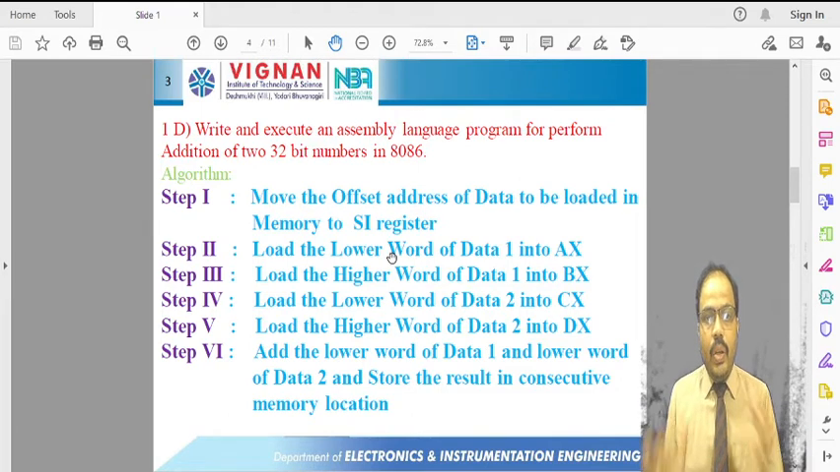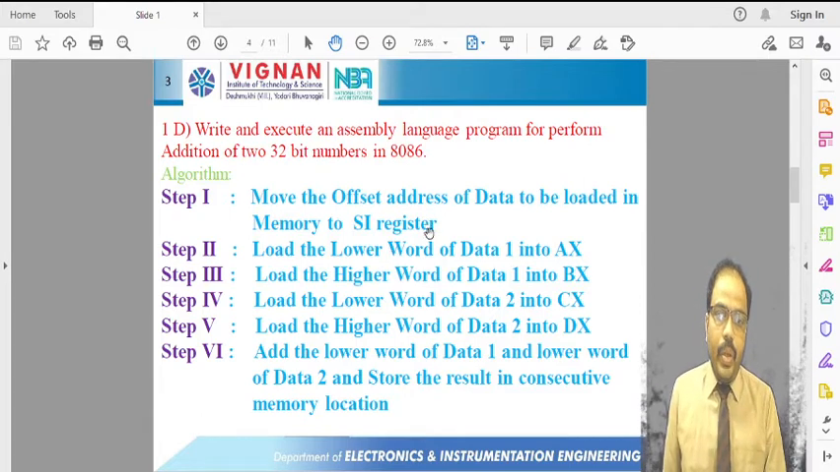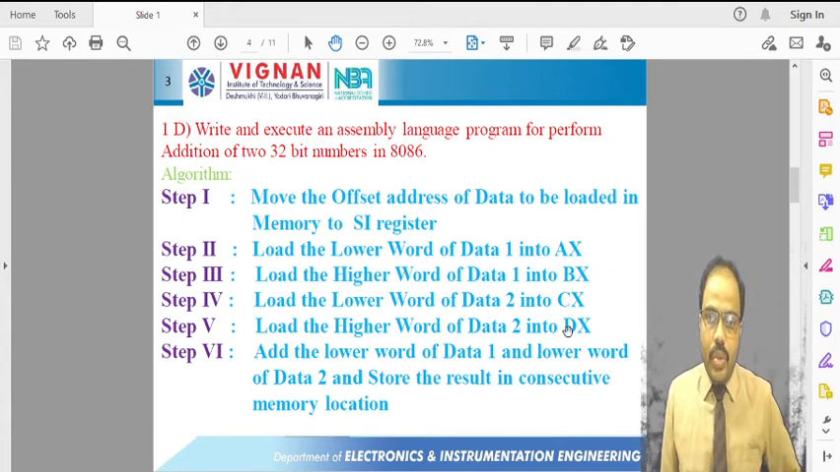the first data, the lower word, is to be moved into the AX register. Load the lower word of data 1 into the AX register. Next, load the higher word of data 1 into the BX register. Like that, each register is going to store 16-bit data. So this completes data 1, lower word and higher word, that is the 32-bit data. Next, load the lower word of data 2 into the CX register and load the higher word of data 2 into the DX register. And now, for example, we are going to store